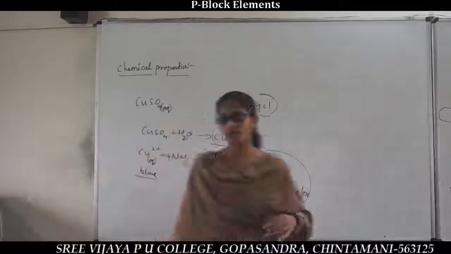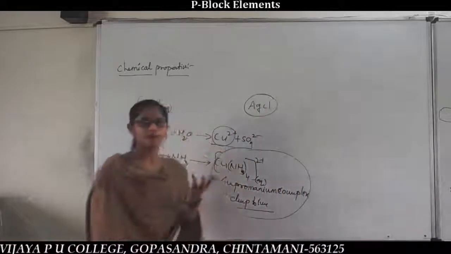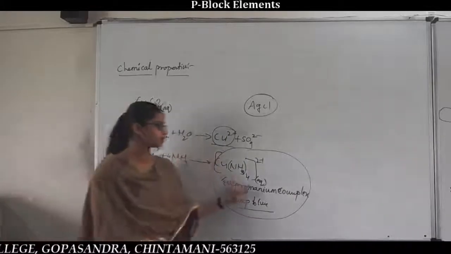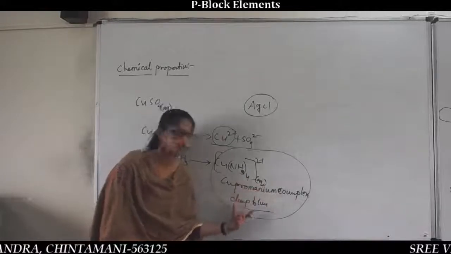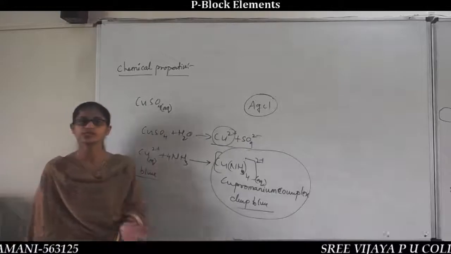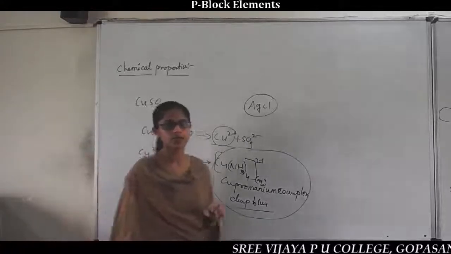They will ask this in competitive exams. Why is the deep blue color solution formed? Copper basically has a blue color, and after formation of the cuprammonium-like complex, it is also deep blue in color, and the intensity increases. So that is the reason we ask about, regarding the chemical properties of ammonia.